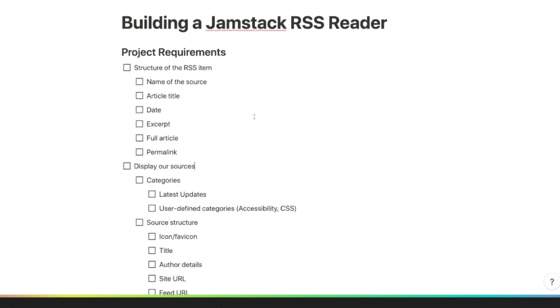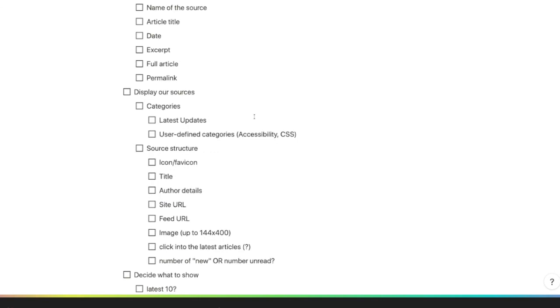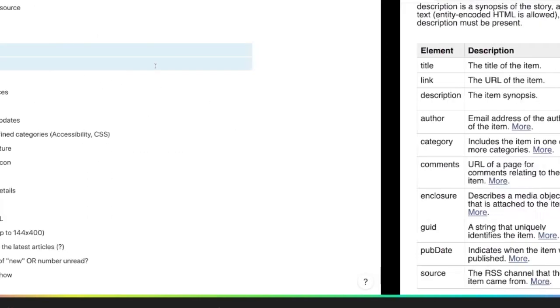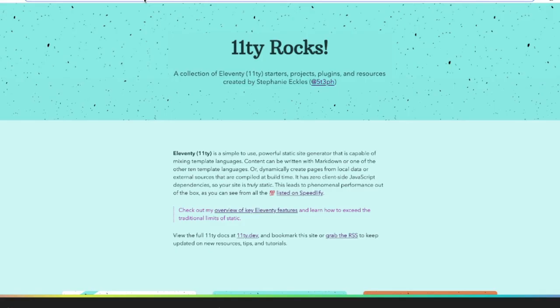All right, so we talked about what's in the RSS item as a starting point. I thought they were separated, but it looks like they're just generically a description, and then you may get an excerpt or you may get a full article. Let me see what I have for the